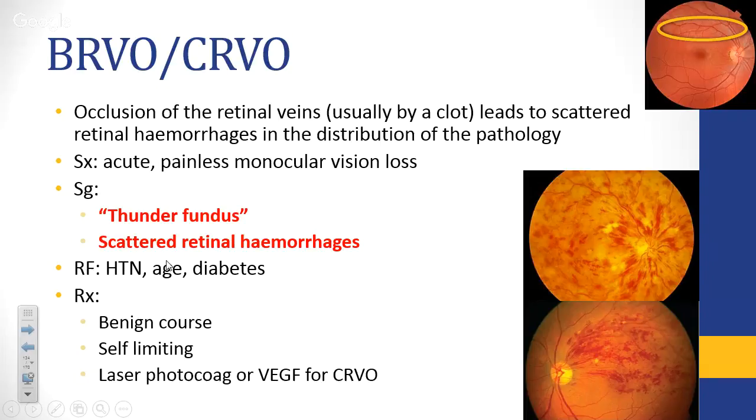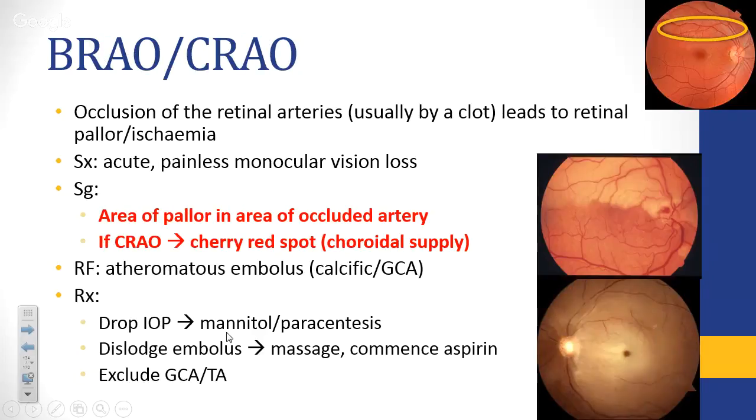The risk factors are hypertension, age, and diabetes, and the treatment is essentially that it's benign, its course is self-limiting, but you can give laser photocoagulation or VEGF, again, for CRVO. On the other hand, branch retinal artery occlusion or central retinal artery occlusion is more